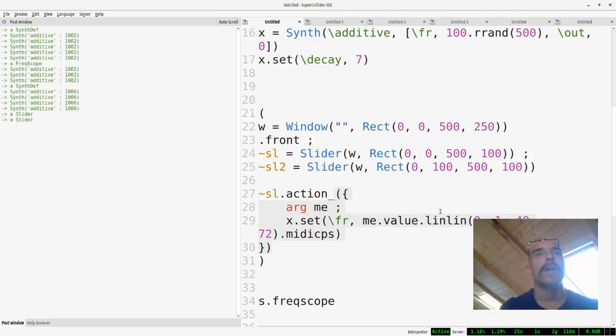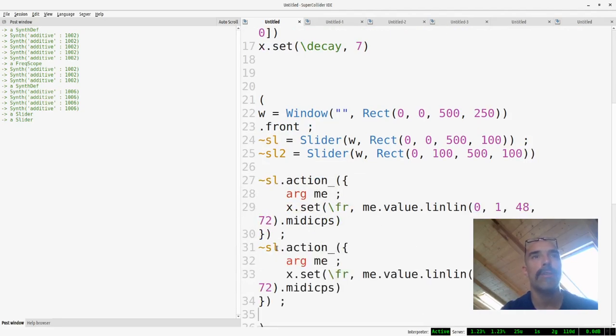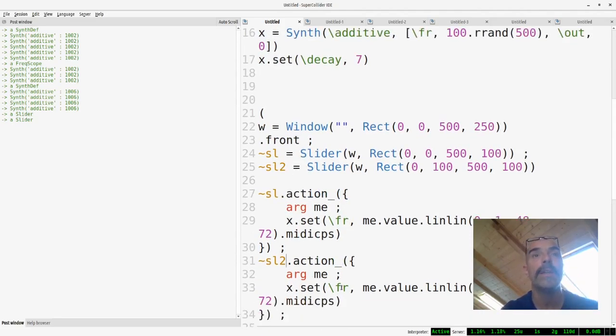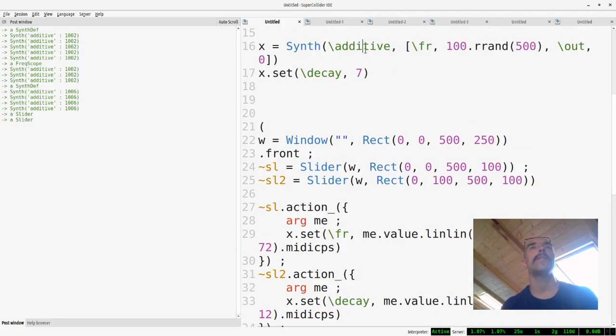Fine. On the other side, we need another action for SL2, and we want to control this decay. So X set decay. Now, you know that this is always 0, 1, and this is the amount of decay. So 0 is the base. Well, it can go from 0 up to what? I think we can do something like 12, should be enough. So let's create the synth,